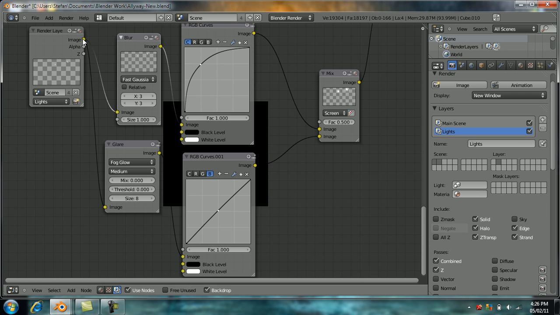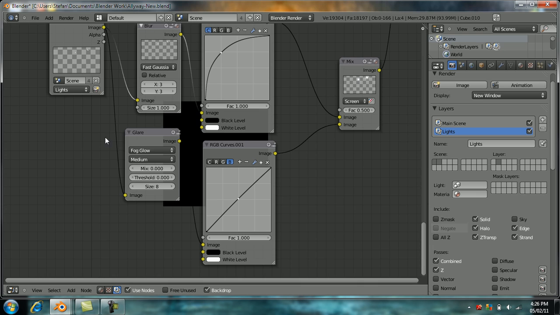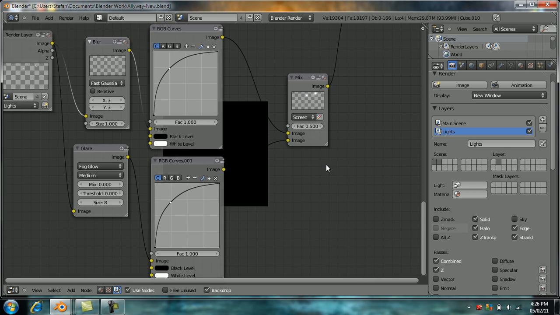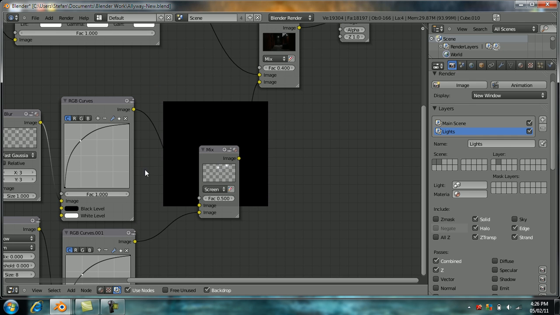Now, if we go below it, I took another string from our original lights layer, and I brought it down to the made a glare node. I set it to fog glow because it's, once again, a nice glow that I like to use for these kind of lights. I turned the threshold all the way down, which is important, otherwise it won't show up. I don't know why that is, but it just is. I added just a slight blue tint to it just to kind of change it up from just being pure white, because that would look kind of boring. And the color, I changed the size here, made it stronger,